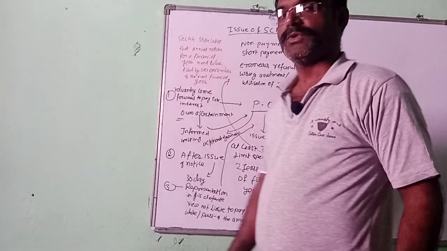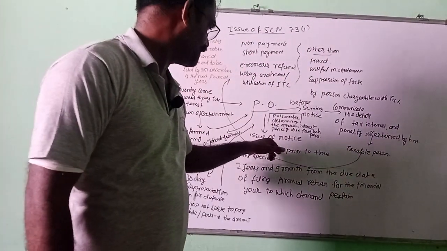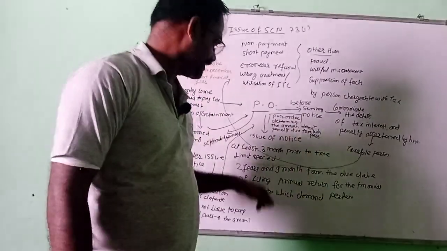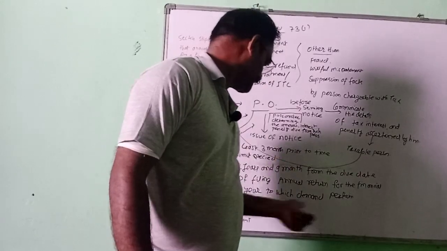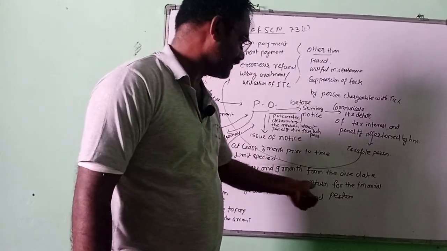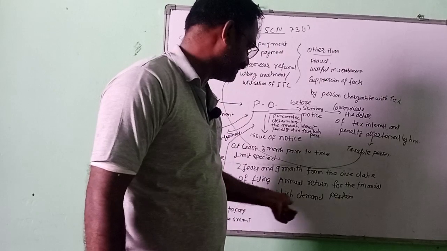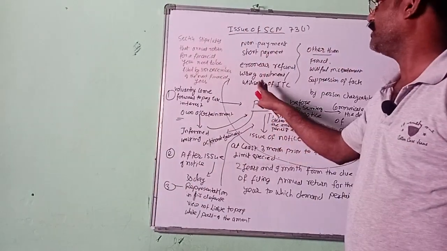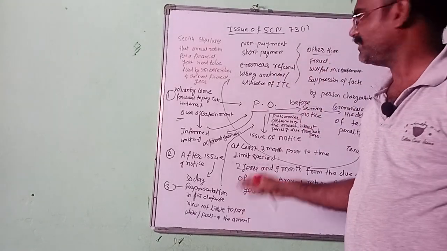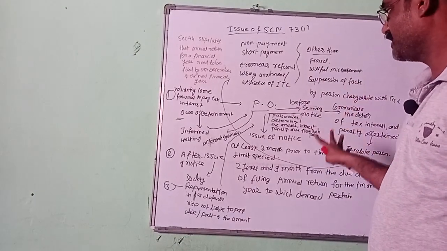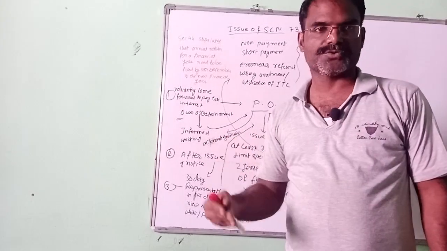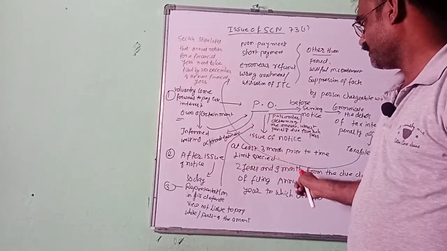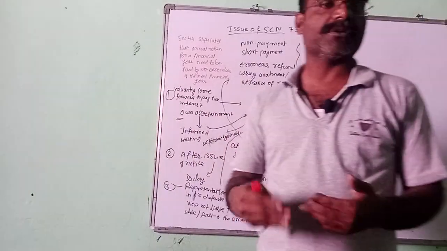Okay, so period of issue of notice: the notice must be issued at least 3 months prior to the limit specified. What is the limit? 2 years and 9 months from the due date of filing the annual return for the financial year to which the demand pertains. Means in the case of other than fraud, willful misstatement, suppression of facts by the chargeable person, the proper officer can issue a notice within a period of 2 years and 9 months from the due date of filing the annual return. So what is the due date of filing annual return?